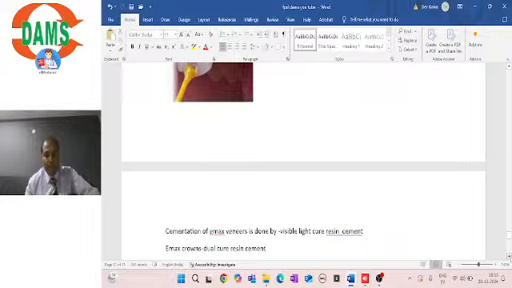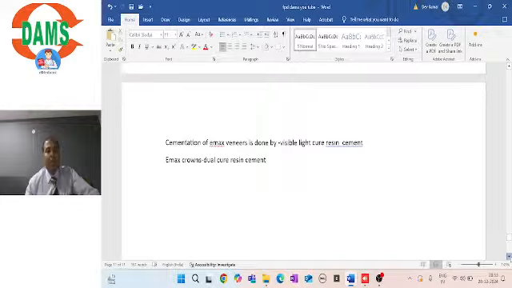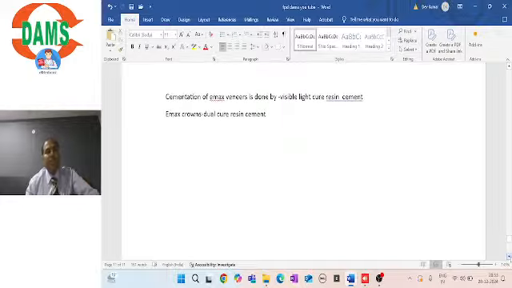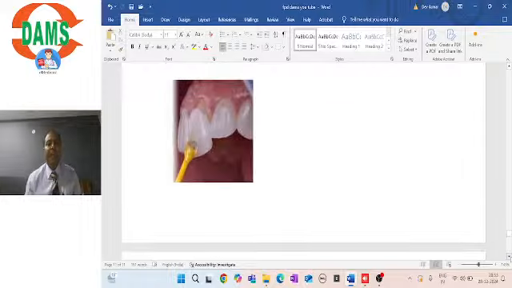Got it? Okay. So for Emax crowns, you can use a dual cure cement. For cementation of Emax veneers, you can use a visible light cure cement. In Emax veneers, you have to be careful that whenever you have cemented it, first just do a tack cure for 5 seconds on both sides, remove the excess, and then do a complete cure of 20 to 30 seconds from all sides. Remember the contraindication, many times the question has been asked,